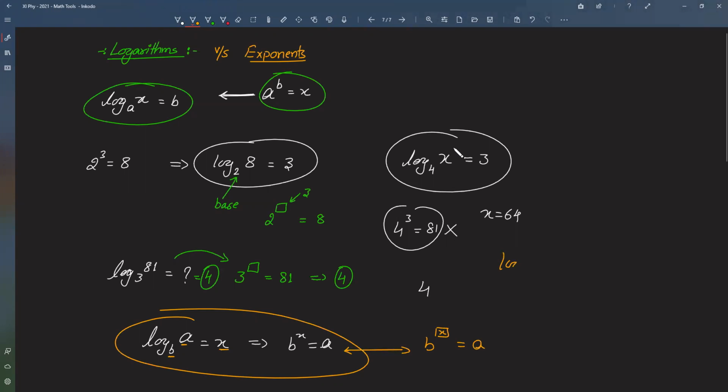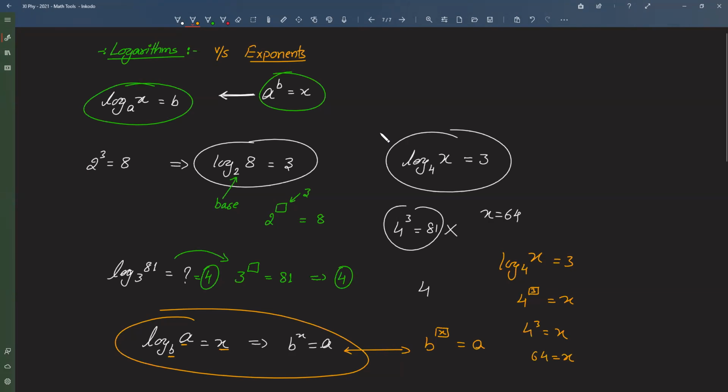So when we say log x to the base 4 is equal to 3, that means 4 raised to a power that gives you x, and that power is nothing but 3. So this is 4 cube, which is equal to x, or 64, which is equal to x. Right? So that is the basic definition of log. You can try this on your own. Substitute different values and practice with your own data, right?